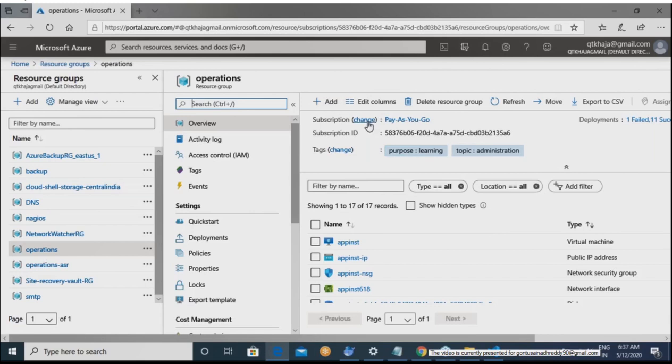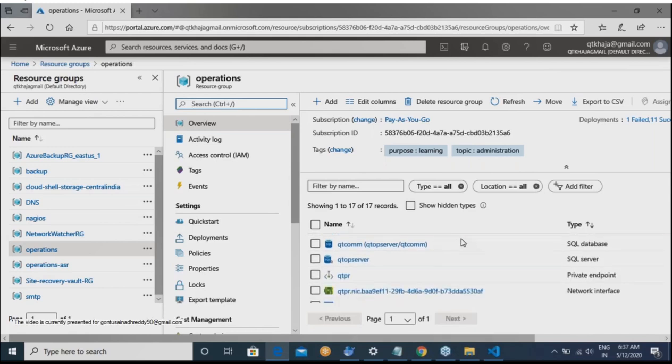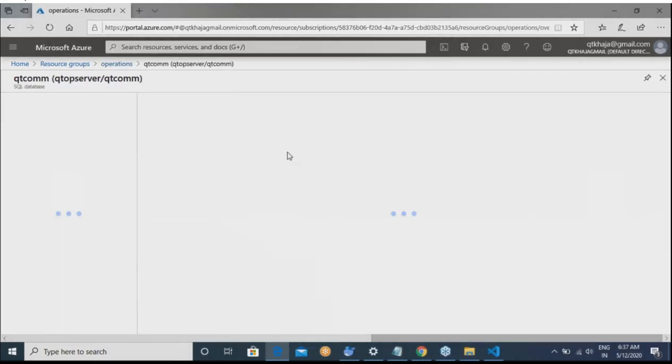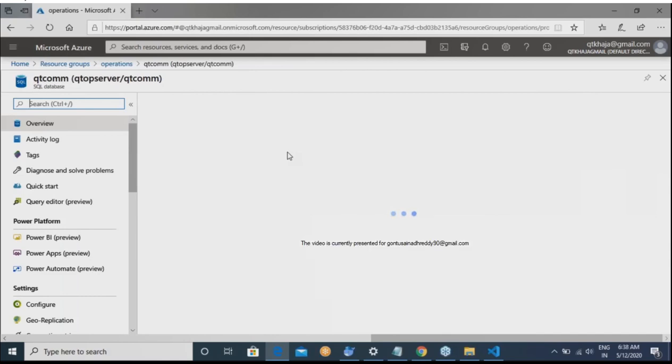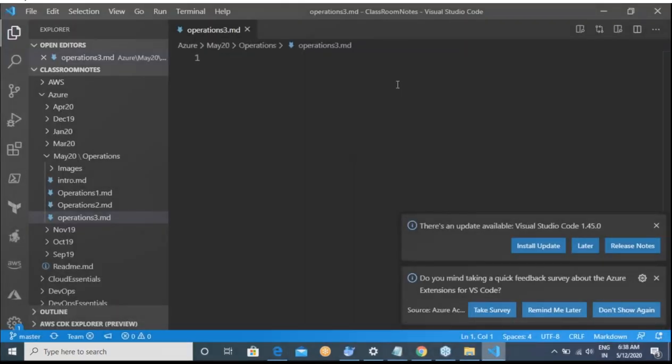Okay. So if it is VMs, we know how to do it. And also I've said that you can use the same site recovery vault to take a replication or a backup of something which is running in your office also, which is on premise. Now this is all good, but how about the database? For example, we have a SQL Server database over here. So let us assume that this is a database which I have. Now, for this database, how can I configure backups? So that is our topic for today.